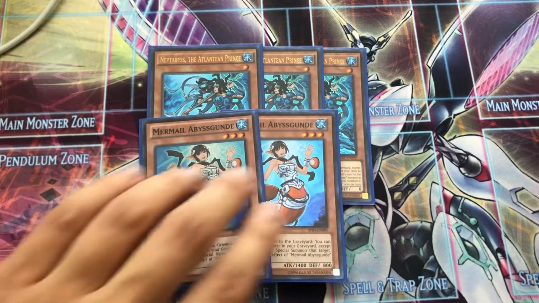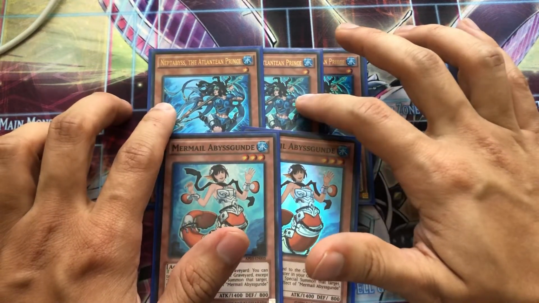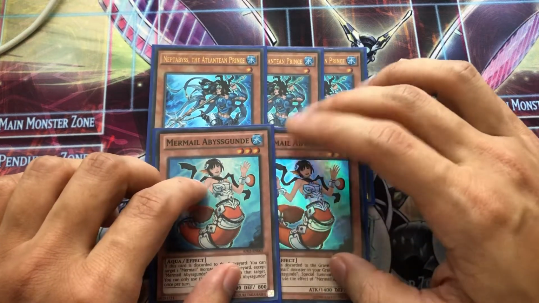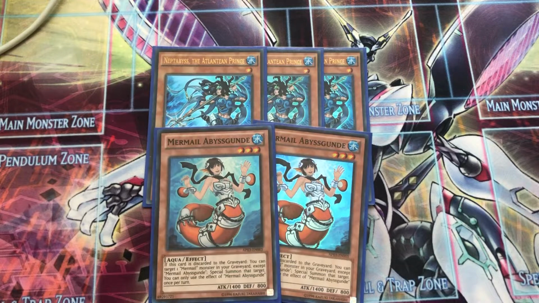The reason why I want to discuss these two is because Neptibus the Atlantean Prince is a card that acts like a Mermail, and Mermail Abysslindae is a card that acts like an Atlantean. Don't ask me why they decided to make these decisions, guys. I could not tell you for the life of me. But